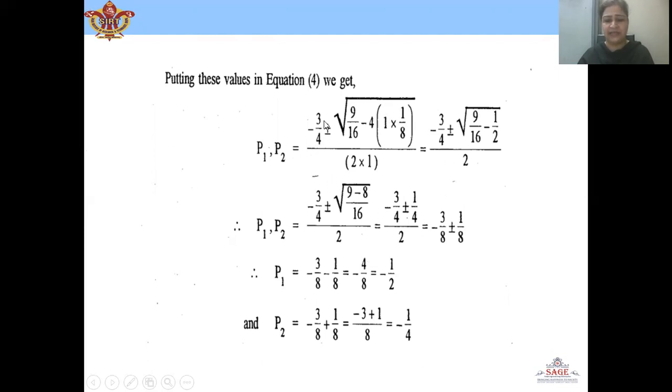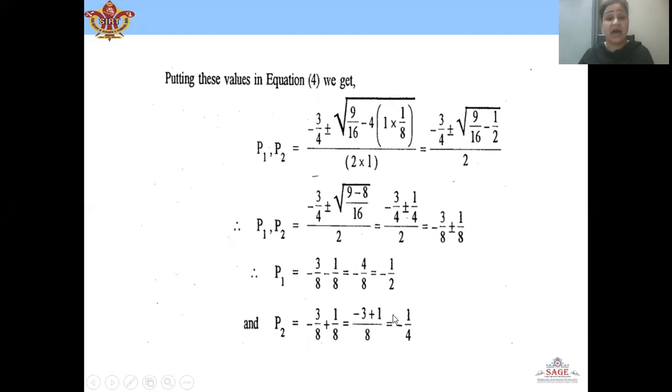So, we will get x equals minus b plus minus square root of b square minus 4ac upon 2a. Here b is 3 by 4, a is 1 and c is 1 upon 8. Now, substituting the values, we will get the two values P1 and P2. P1 is equal to minus 1 by 2 and P2 will be taken as minus 1 by 4, which is